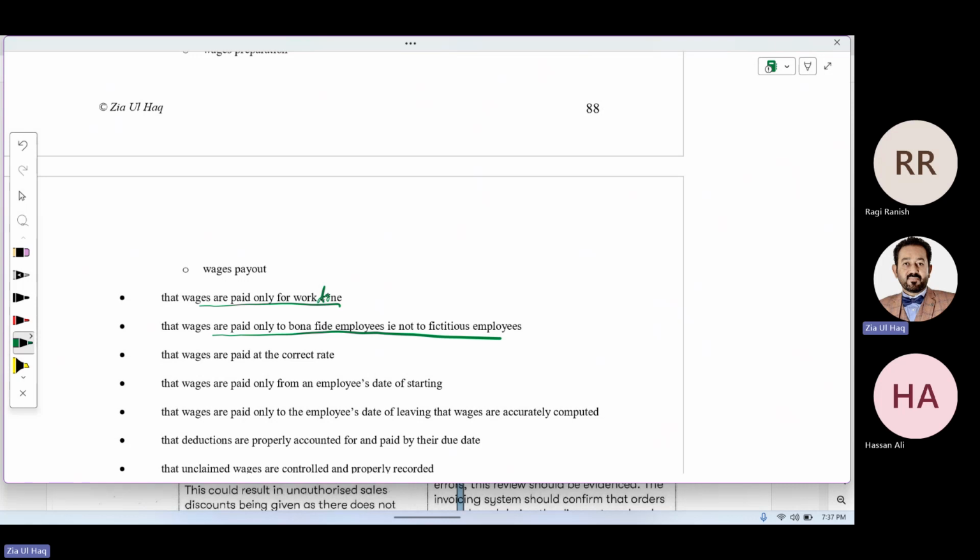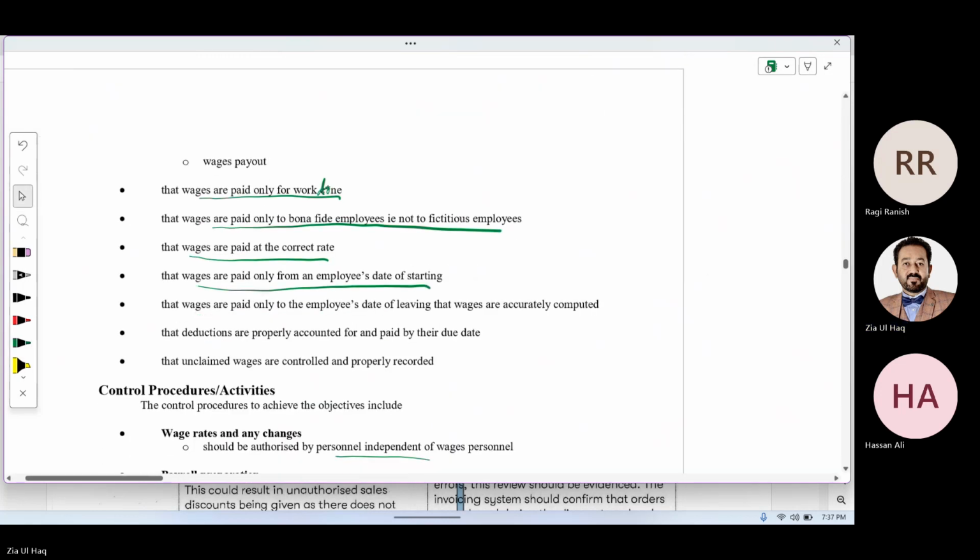Otherwise, if it's the same department, they will create a fictitious employee, record fictitious hours, and transfer payment into their pocket or account. To ensure that wages are paid at a correct rate, a systematic check should be performed. To ensure that wages are paid only from the employee's date of starting, the joiners control means comparing their clock card to the contract of employment. To ensure that wages are paid only up to the employee's date of leaving, and that wages are accurately computed,